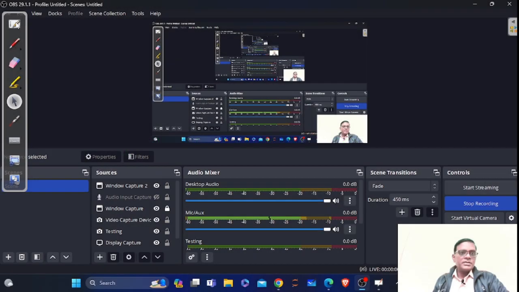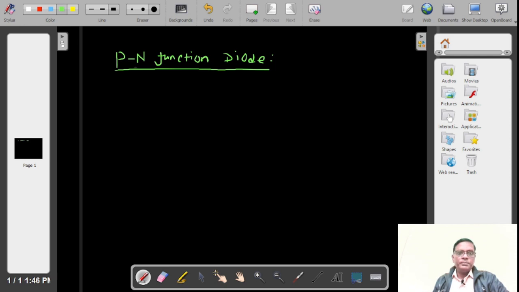We will be discussing the p-n junction diode, that is, the working of the p-n junction diode and its utility in practical circuits. Basically, what we understand from the p-n junction diode is, if we take a p-type semiconductor